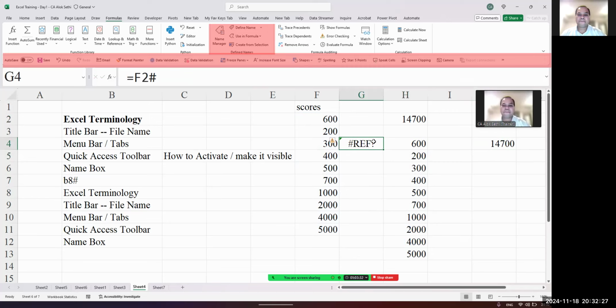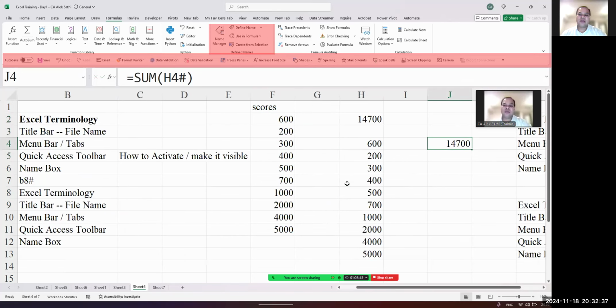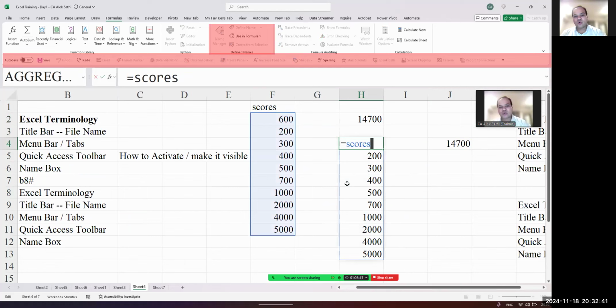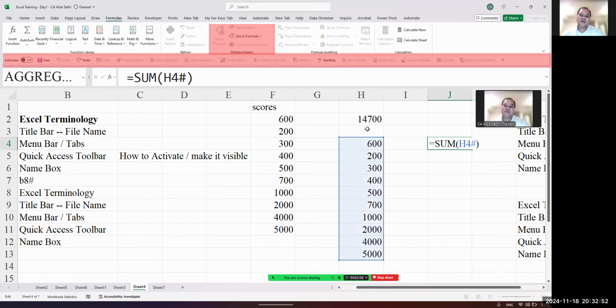सर, हैश का मतलब वहीं पे यूज आएगा जहाँ पे कि नेमिंग दे रखी हो किसी चीज़ के रेफरेंस की। हाँ, करेक्ट, जहां पे आपने नेमिंग दे रखी है वहीं पे हैश यूज आएगा उसका रेफरेंस देने के लिए। जैसे मैंने यहाँ पर स्कोर्स कॉल किया तो स्कोर्स मींस दिस, नाउ स्कोर जहां से स्टार्ट हो रहा है H2 से, हैश मैंने दे दिया, इसका मतलब ये रेंज जहां खत्म हो रही है वहां तक का एरिया सेलेक्ट कर लो। तो ये सेलेक्ट कर लिया उसने।